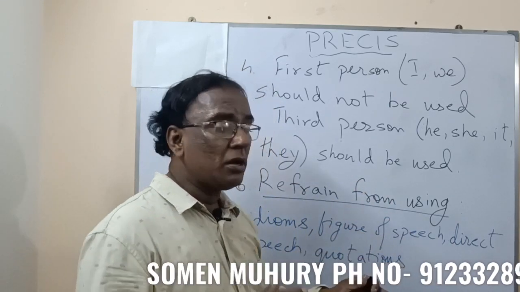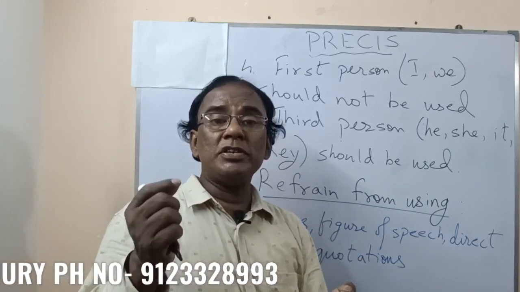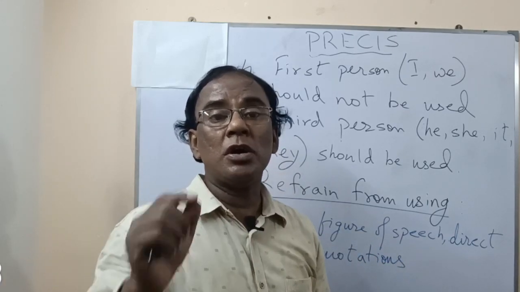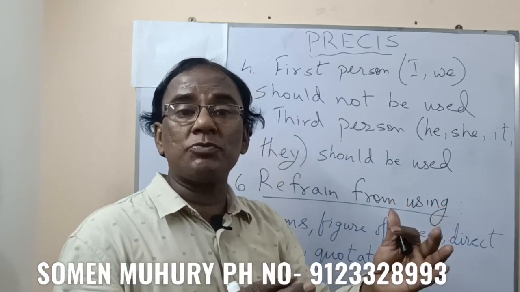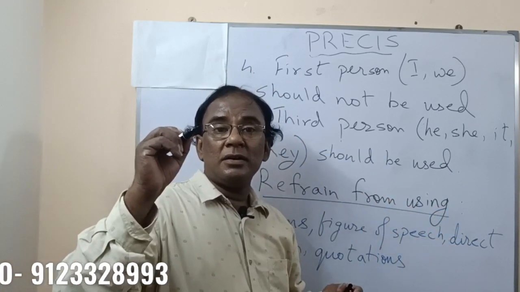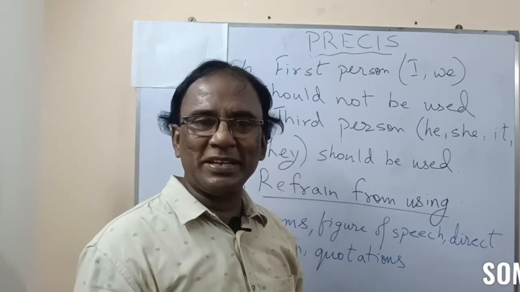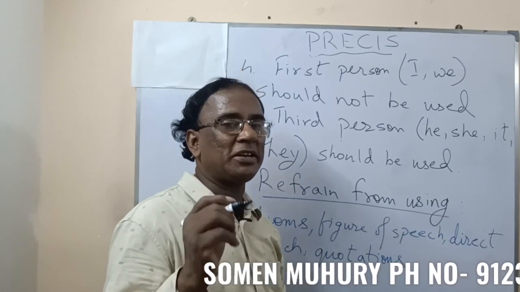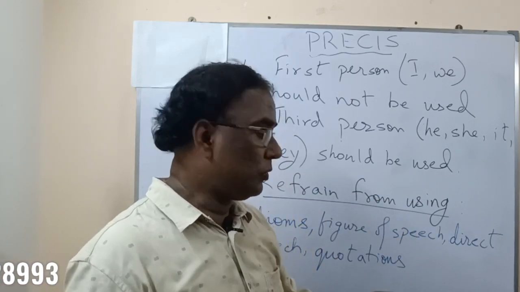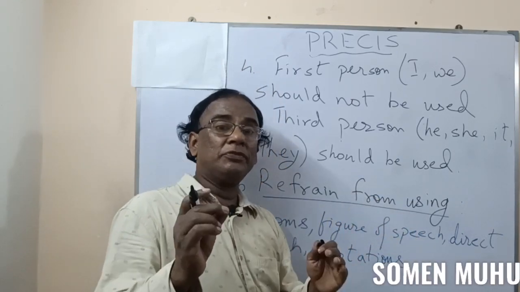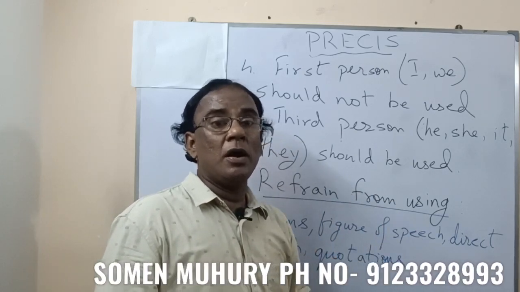What is a metaphor? It is also a figure of speech in which as or like cannot be used. The easiest example that comes to the mind is the camel is the sheep of the desert. The camel is the sheep of the desert. We cannot say camel is like the sheep, but camel is the sheep. Okay? That is a metaphor. That also has to be removed.